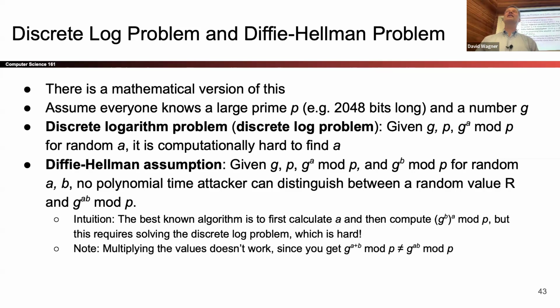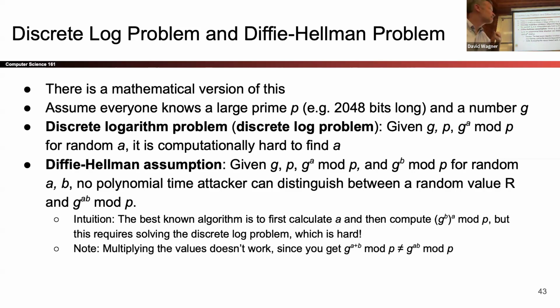If you want g squared, you multiply g times g and then reduce that mod p. If you want g to the 4th, you first compute g squared and then you square that. If you want g to the 8th, you first compute g to the 4th and then you square that. If I want g to the 12th, I first get g to the 4th and g to the 8th, and then I multiply g to the 4th times g to the 8th. After every multiplication, I reduce mod p so the numbers don't get too big. So there is an efficient algorithm to compute g to the a mod p